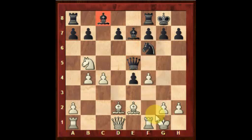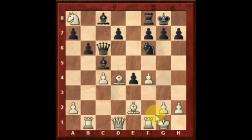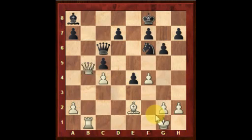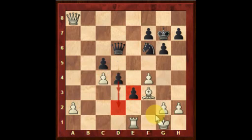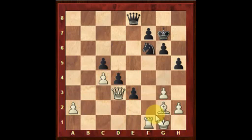Fascinating. So he gave up the exchange pretty soon, and that turned into a bishop sacrifice pretty soon. After bishop f3, this put black into a terrible position, and he gave up a bishop now to be a rook down. So quite an exciting game in a way, a rook down. And Aronian found a way to...